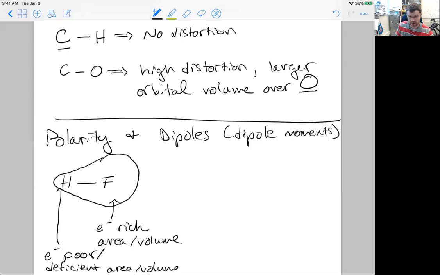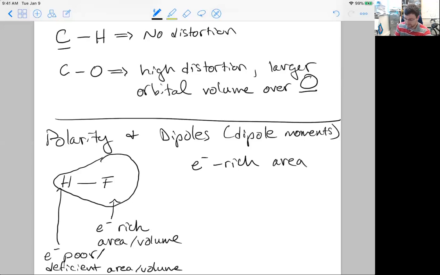Just trying to cover all of the possible terms that you would see. Okay, now what this does is this creates an interesting situation for this particular molecule. The electron-rich area